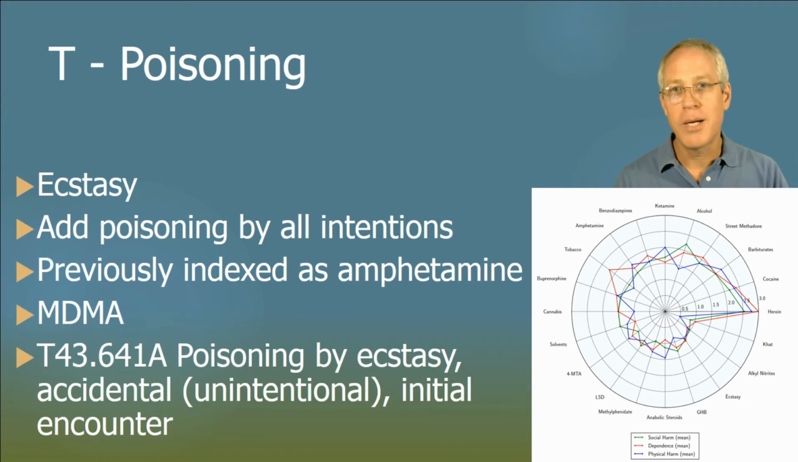Into the T chapter, which is sort of the wastebasket term for external causes. One for poisoning, adding ecstasy or MDMA, adding poisoning by all intentions. And remember, this is not the intention to consume, but the intention to harm or not. So self-harm or assault versus intentionally taking it, which is usually the case, but accidental poisoning or